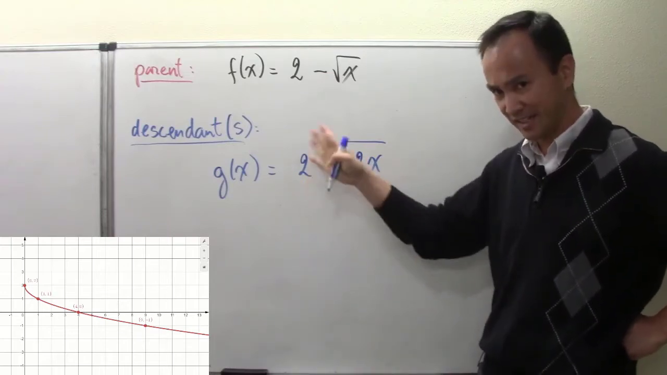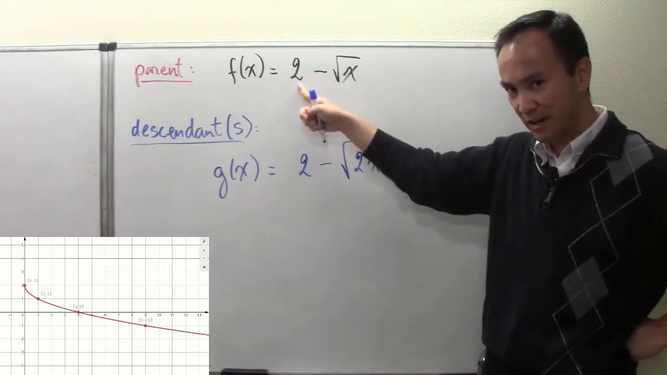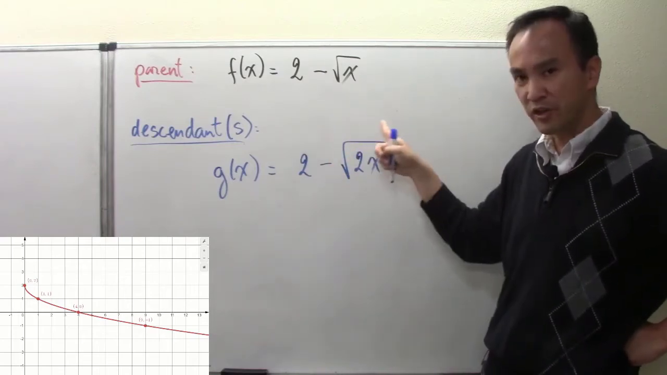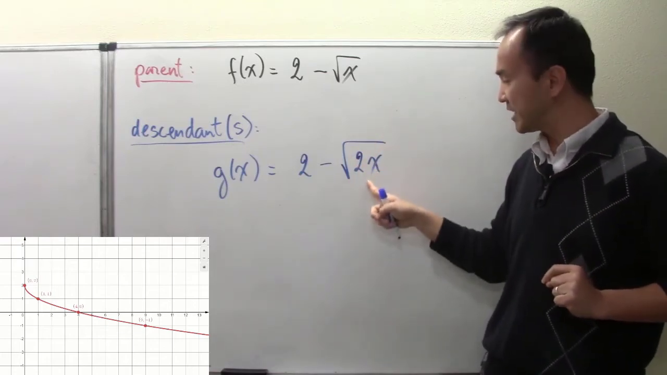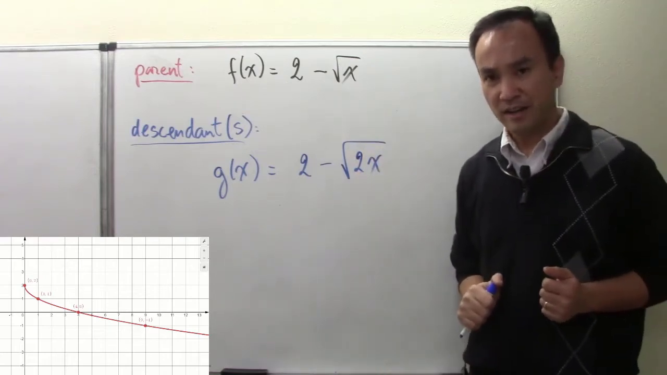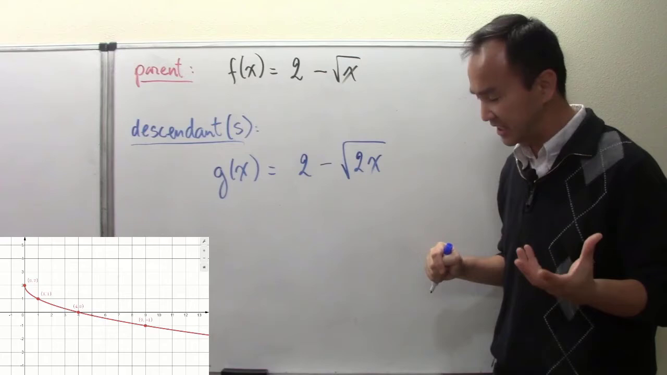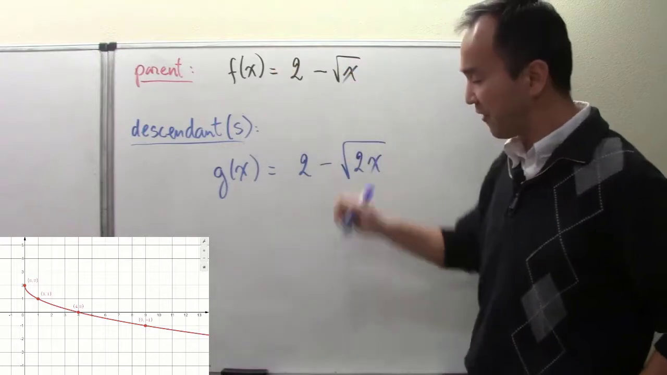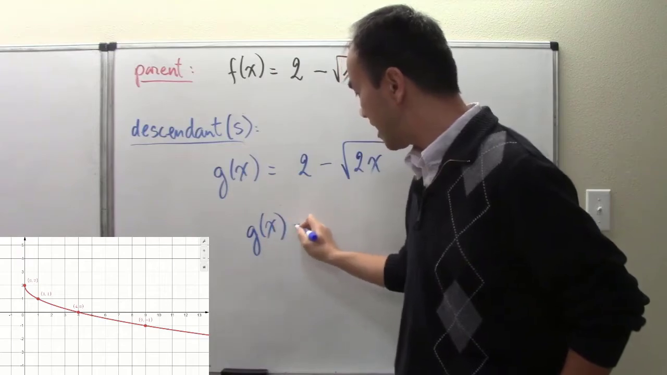So I now define this, and it's easy to recognize this descendant. As I was writing it down, I pointed out along the way that it has the exact same characteristics as its parent. It has that subtraction, and it also has that square root component. The only difference is that inside the square root, it takes an expression 2x instead of x. Pay attention to that. Now, as a relationship with this parent function, g of x is defined as